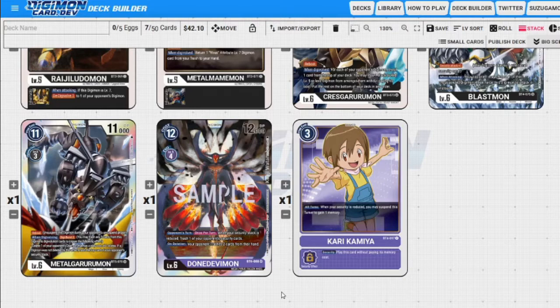On top of that, dealing with Dun Devimon is kind of bad too because he's got an on-deletion skill. Of course, we want our opponent to deal with these cards. We don't want to deal with them ourselves. Like, Purple likes destroying their own stuff. I feel like with Zwart D and Dun Devimon, we are...